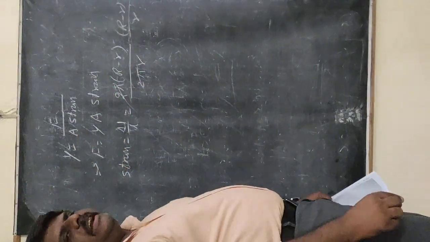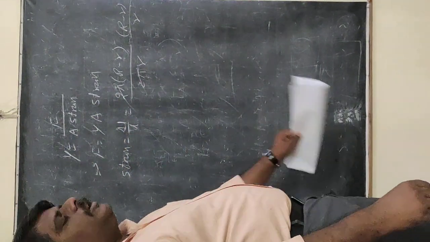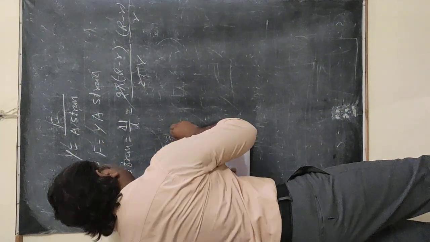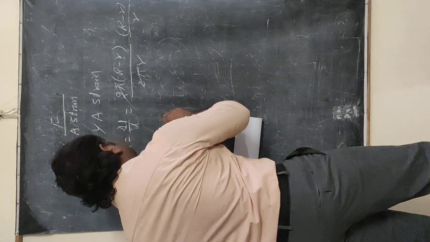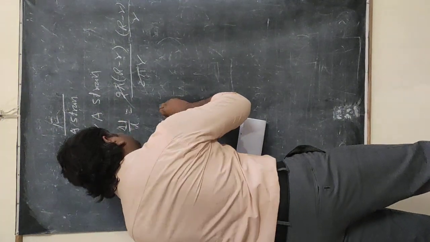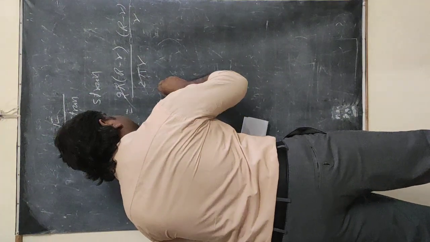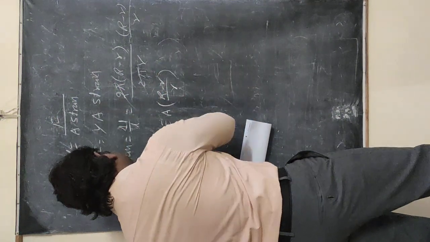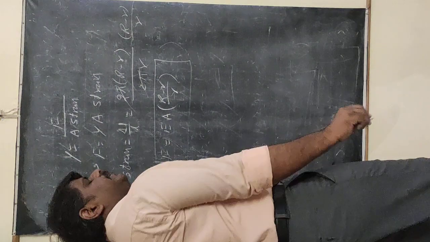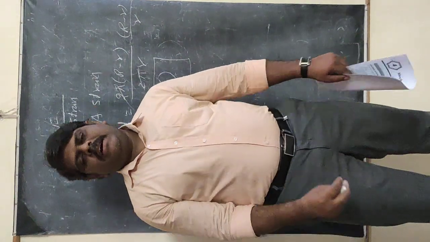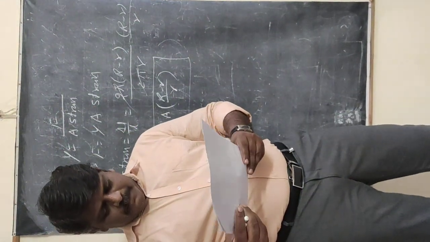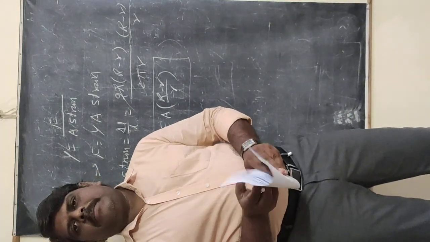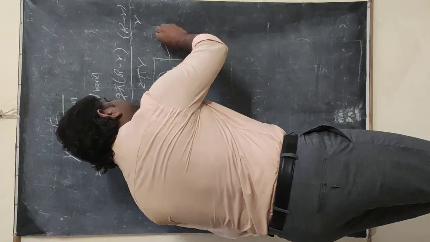This is the strain, and this value you substitute in the formula. The force F is equal to Y, which is capital E, times the area of cross section A, times capital R minus small r by small r. This is the force with which the ring expands. Which option is correct here? The second one, A into E into capital R minus small r by small r. So this is the option.